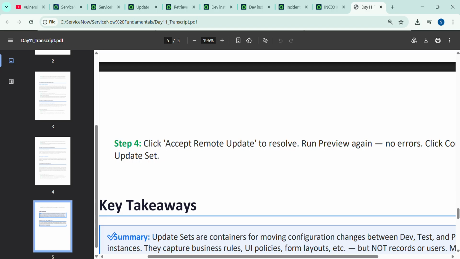update set concept, and today's takeaways are that we have covered what update sets are. Update sets are containers for moving configuration changes between dev, test and production instances. So they capture business rules, client scripts, UI policies, form layouts, as we have just shown, right? But not the records or the users. And we have discussed merging update sets,